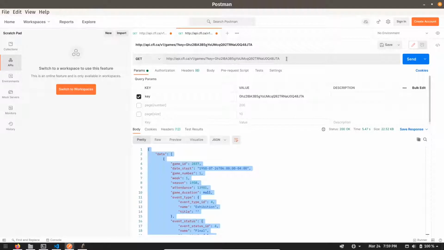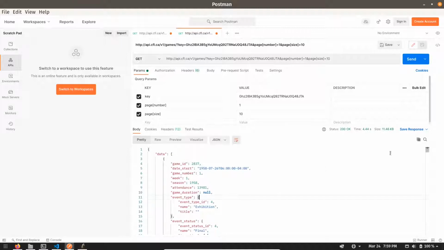For that we need to add two more query parameters. One is page and the second is page size. You can see right now my page number is 200. Suppose I want to receive the first page, and each page should have only 10 records. So let me make a request.